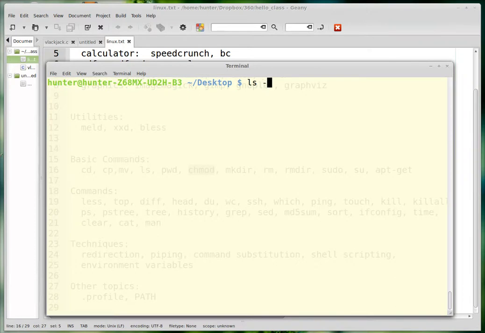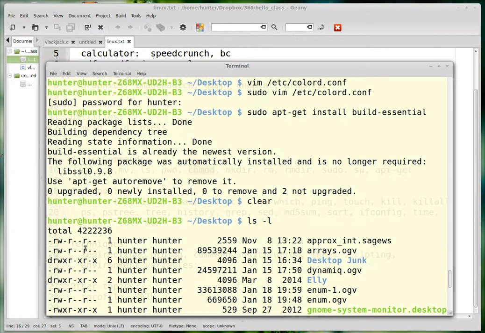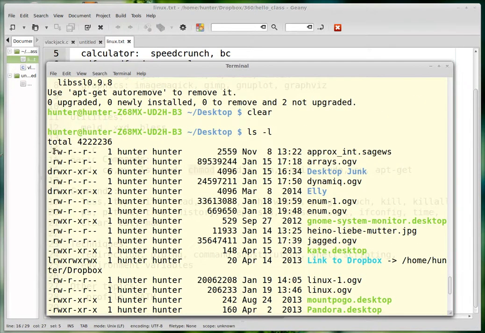So if I do ls -l, you can see these permission things, and I didn't explain what these are last time, and the header isn't very useful, is it? It doesn't tell you much information. There are three possible permissions that you could have here, and then there are also some other weird things like d for directory, and there's more exotic things like sticky bits and set UID bits that I'm not going to talk about. But what this basically means is that these are the permissions that the user